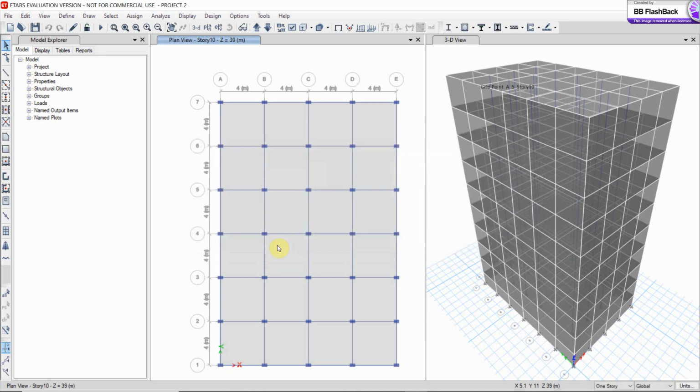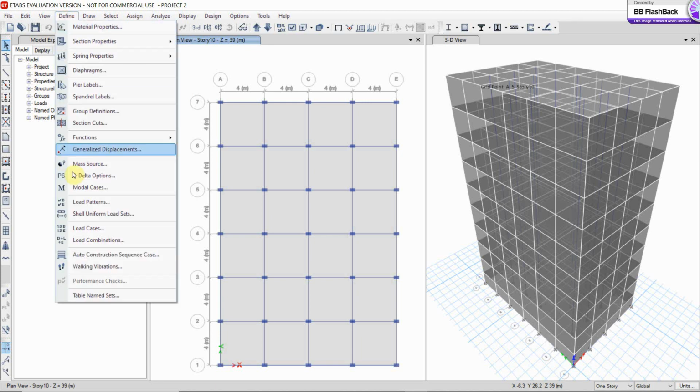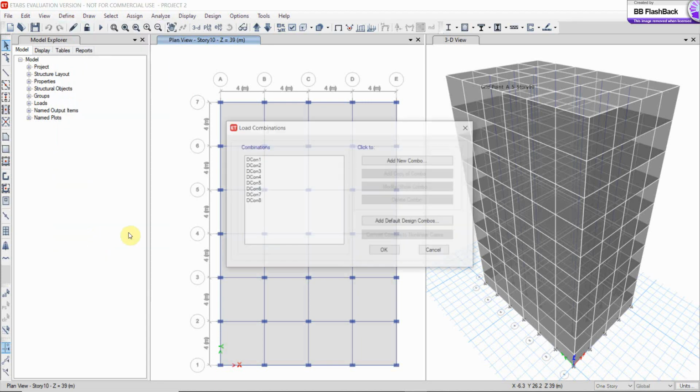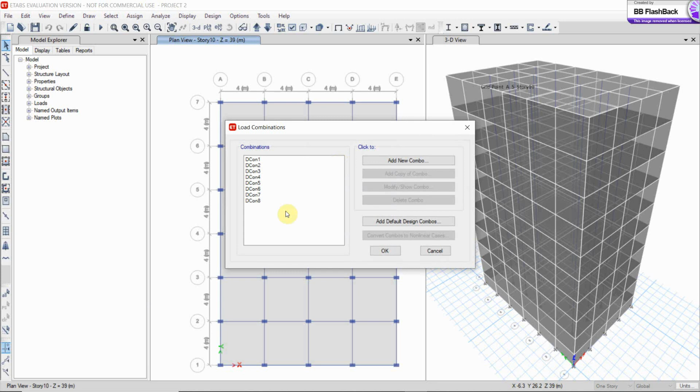We will now set the load combination by including the seismic load we had just defined. Go to Define, Load Combinations. Here, different load combinations include dead, live, and seismic load are already added.